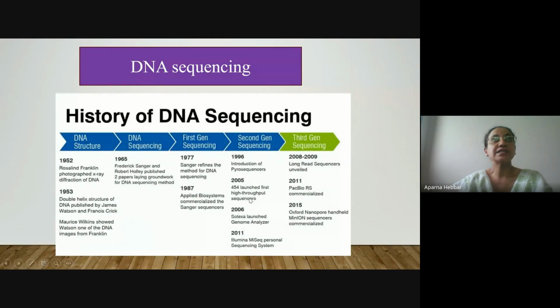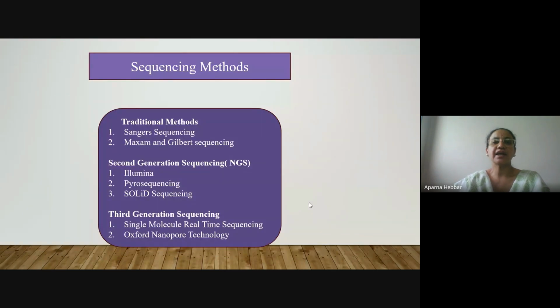Then it was commercialized in 2005 by Roche 454, and then Solexa was started in 2006. Then in 2011 it was commercialized. Then the next part is third generation sequencing, where long read sequences were unveiled, and it was commercialized between 2011 and 2015. So this is the history of DNA sequencing, and coming to the methods involved in this, the well-known methods like